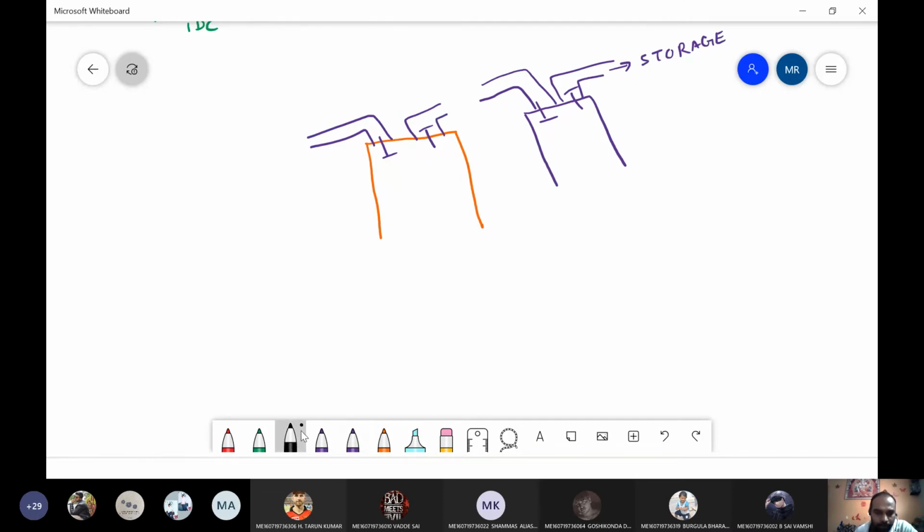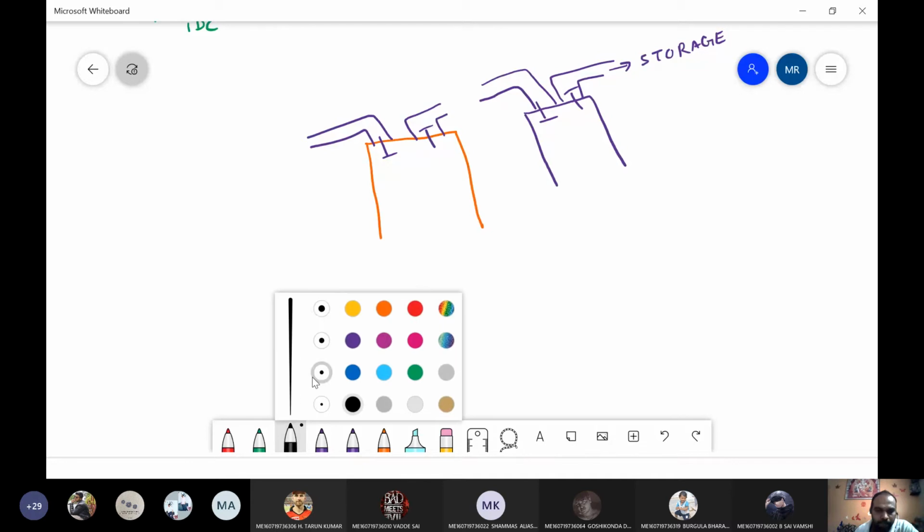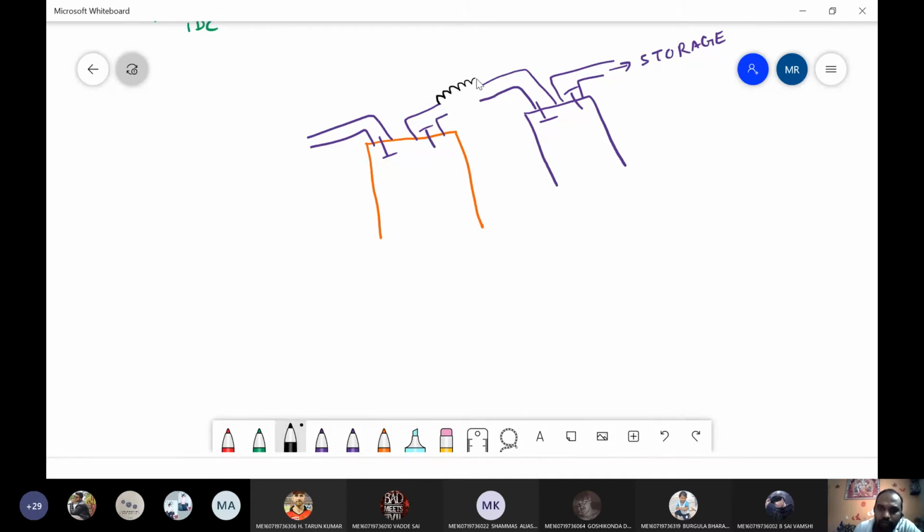Now if you see here, in between these two we are using intercooler. Means the outlet of the first stage, if two are there, is low pressure, high pressure, or first stage, second stage. It will take air from the atmosphere. Now here in 2 stage, this is the schematic diagram of 2 stage reciprocating air compressor. So first one is the low pressure stage, second one is the high pressure stage.